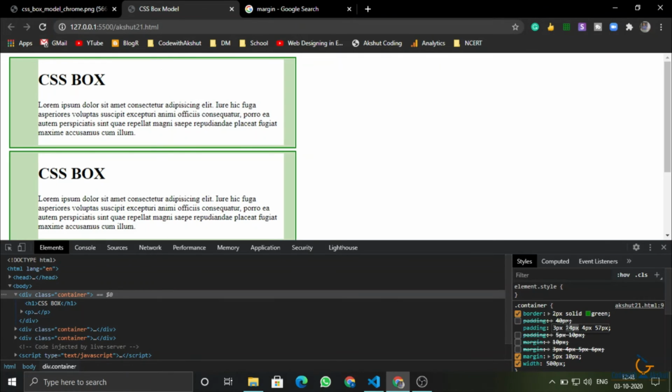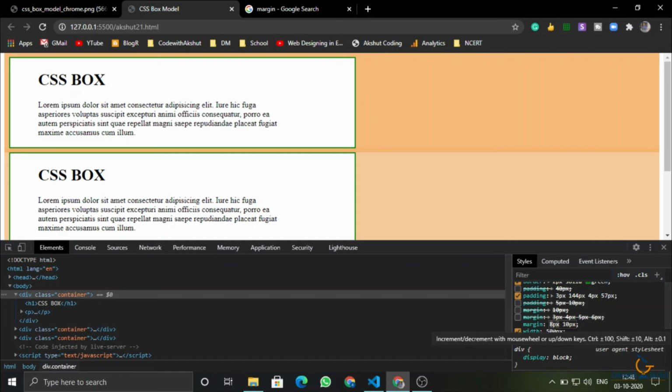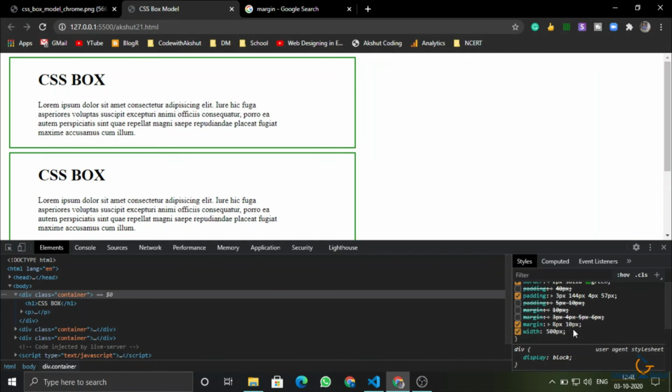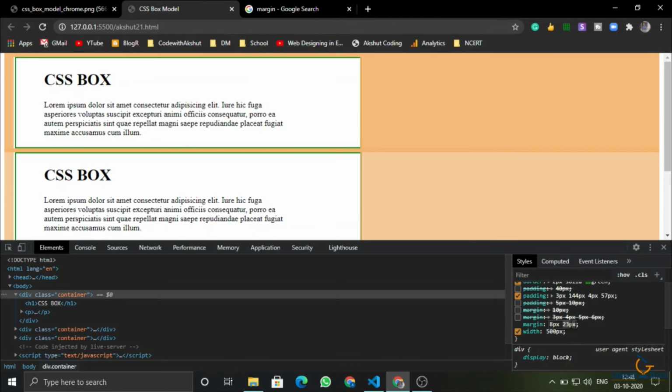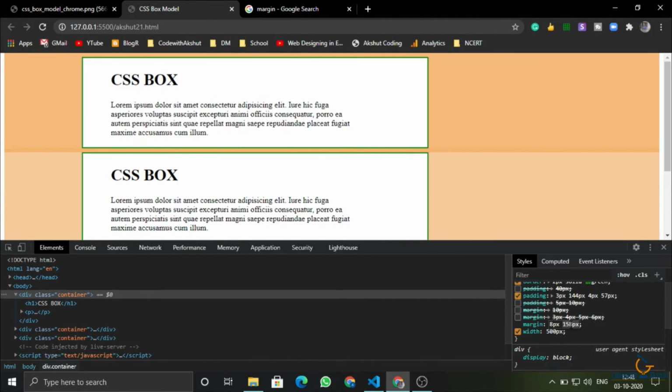I will change this also. So this is increasing the width of the element. Same happens with the margin, but margin does not do like that. Okay. So this margin is not affecting the width of the element.